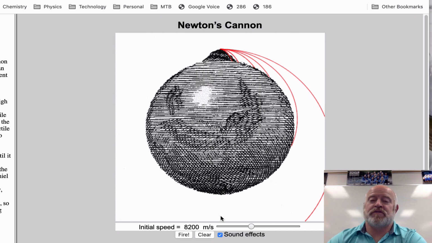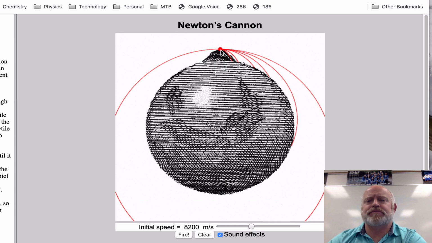Okay? It's still falling, right? It still has this parabolic motion that's happening to it, and it keeps falling because of gravity pulling it down. But as it falls, it just misses the planet. Now, in reality, you're not going to have a cannon on top of a mountain doing this. But the idea brings us to this idea of what is orbit.